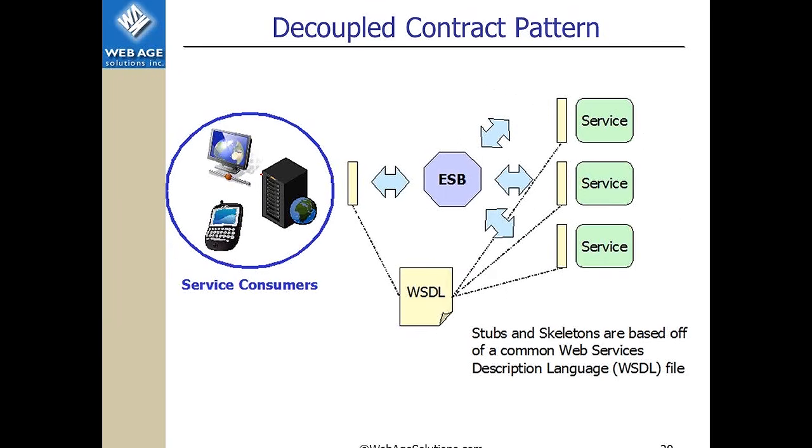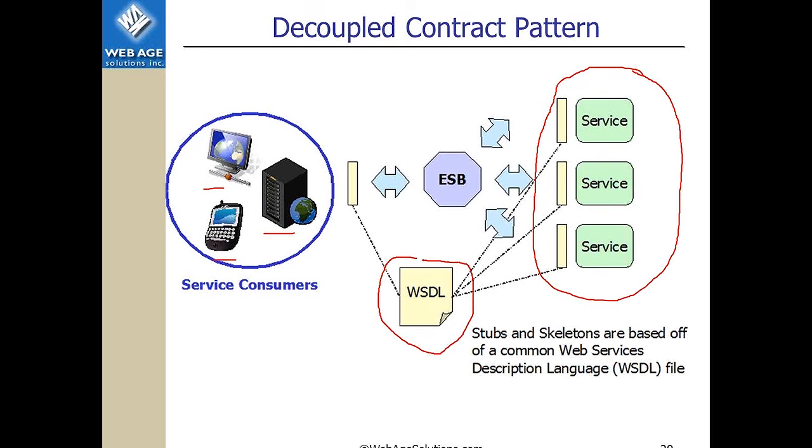So let's maybe take a look at how things are done, how they implement some of those patterns. So we've got service consumers, which can be quite a big variety of devices connecting to and trying to take advantage of the services. So those services have a WSDL file, which in turn includes schema files, XSD files.